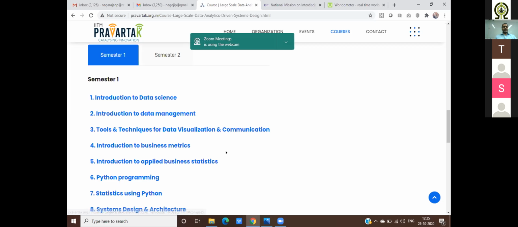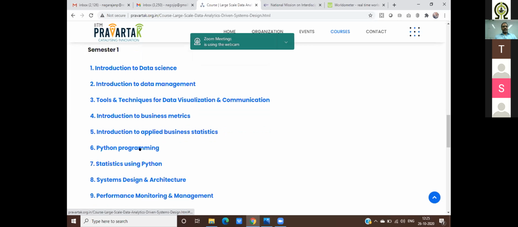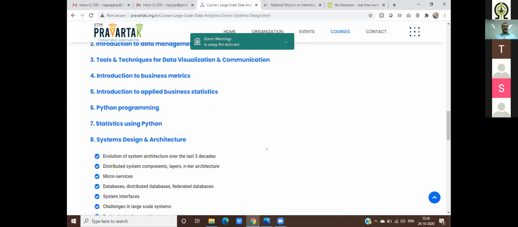Certain things are role-based. So you will have GM, managers, vice presidents, appraisers. So at each level, there are key result areas, how these business statistics are tied up. Then this technology side of Python programming, statistics using Python, in simple terms, you will see whatever we have learned in 9th, 10th, 11th, and 12th grades in terms of statistics. Mean, median, mode, standard deviation, all these things are extremely important.